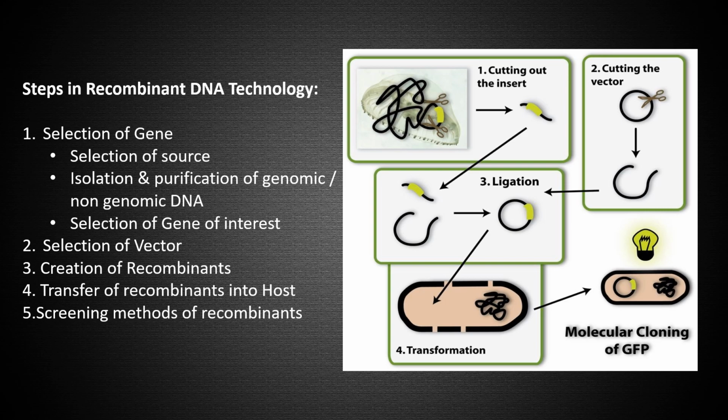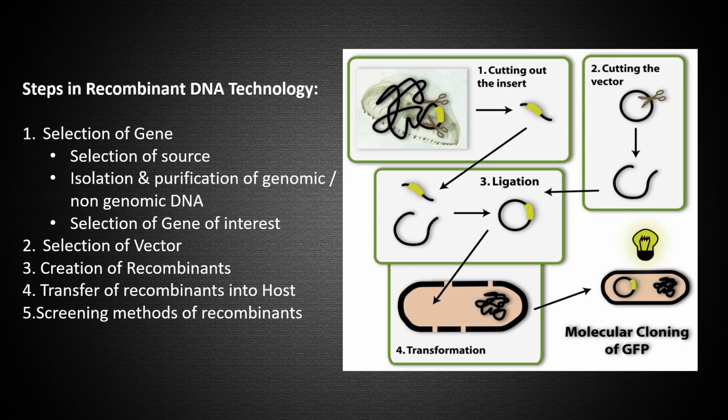Second step is selection of a vector. Vector is any DNA molecule that has ability to replicate inside of host to which our gene of interest is integrated. There may not be origin of replication and other features in our gene of interest to undergo replication and translation process. Hence, vectors are used. Properties lacking in gene of interest are compensated by vector. Based on gene of interest, vector is selected. Example, plasmid vectors are preferred if size of gene of interest is less than 10 kb.